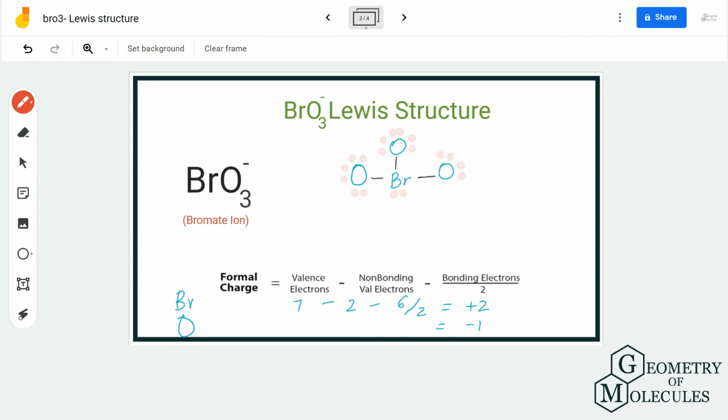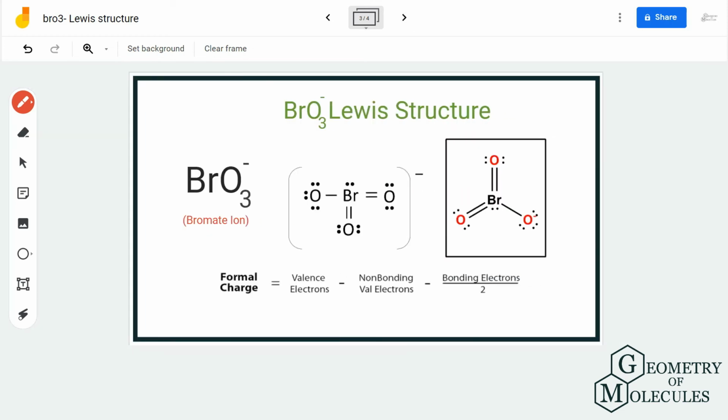So to get rid of this +1 charge as well, we are going to shift one more pair of electrons from the oxygen atom, and doing that we will form 2 double bonds with oxygen. Like, the bromine atom will form 2 double bonds with 2 oxygen atoms, and if you now calculate the charges on these atoms, it would be 0. So all the atoms in this will have 0, which means now this is the most accepted